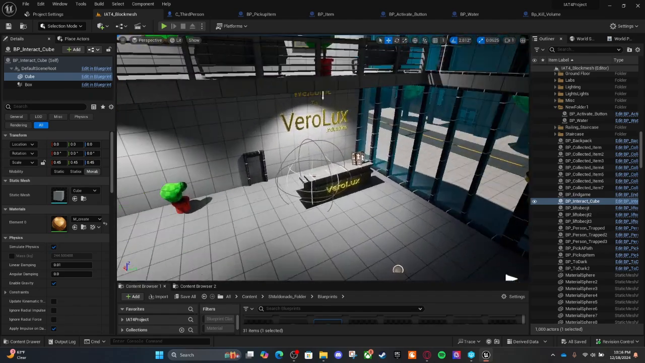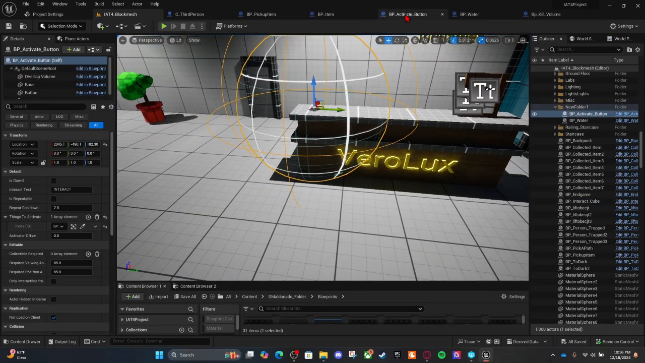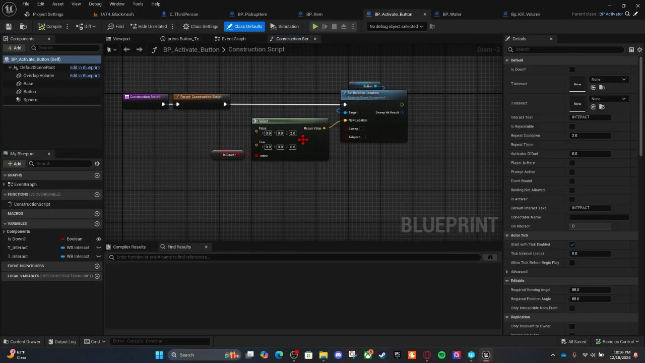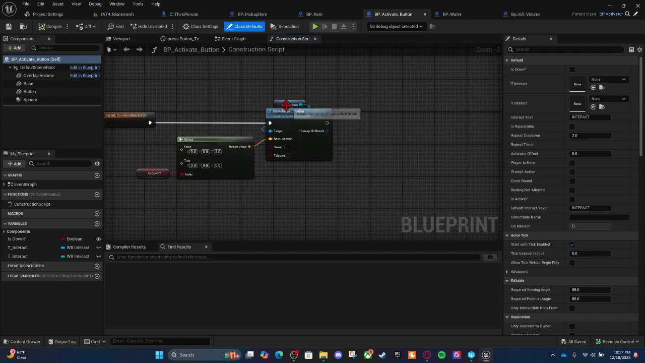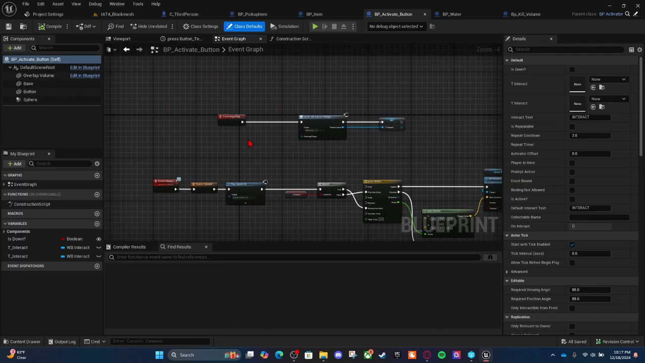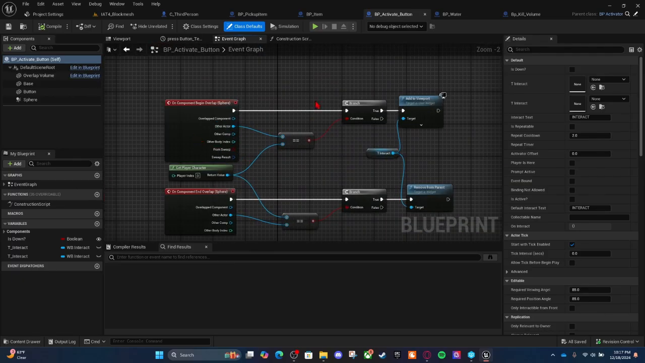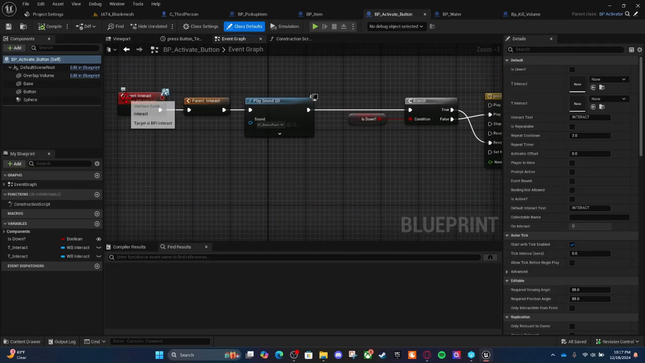The next thing I did was the button activator, or activate button. This is the construction script asking if it's down, set on the z-axis, which is 2, and just changing the location. That's basically what it is. I have set to viewport on the event begin play, and here this is just supposed to in-text interact: push E to interact. So interact,